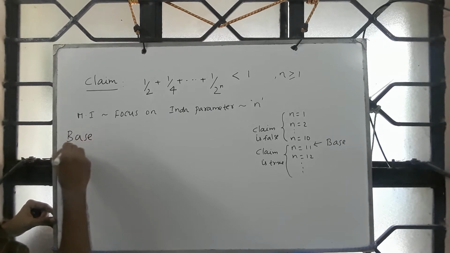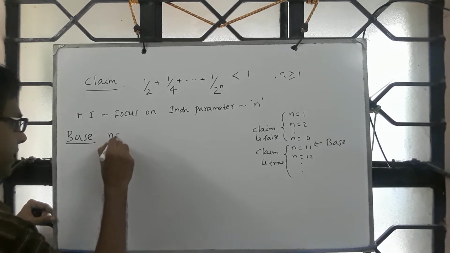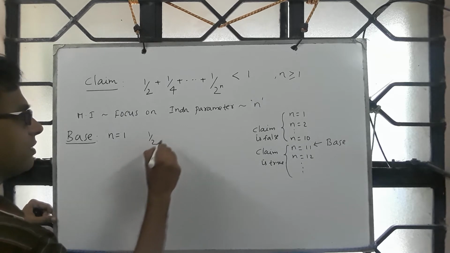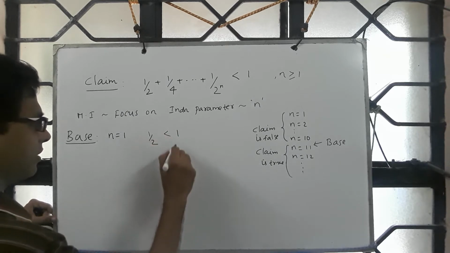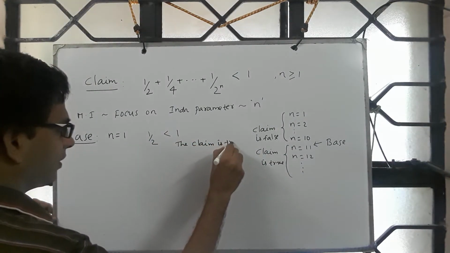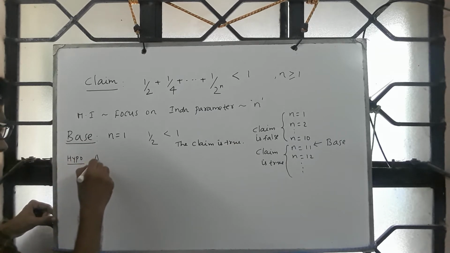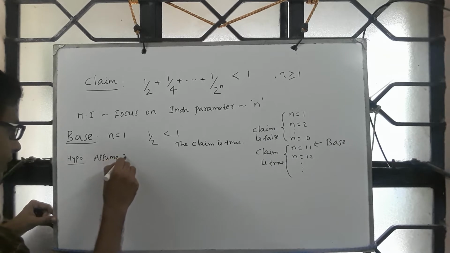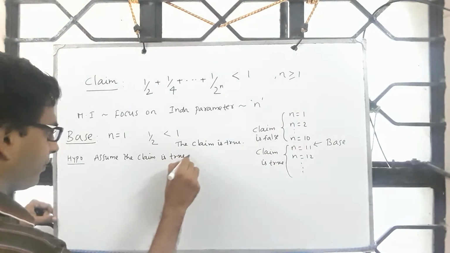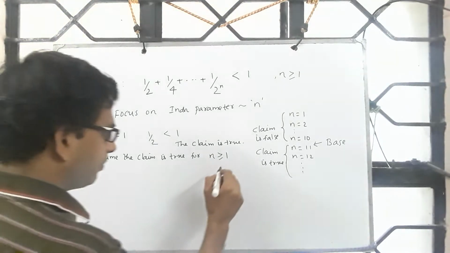So let us look at this case study. The base case is n equal to 1, and when n is equal to 1, the LHS is off, and off is less than or equal to 1, so the claim is true. Now we have something called the inductive hypothesis. Assume the claim is true for n greater than or equal to 1. The lower bound here,